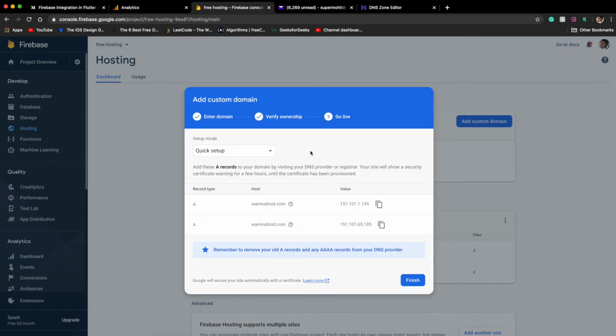So as you can see, after waiting for 2 minutes, it is able to verify the ownership. Now in step 3 it is asking to add a record of type A. So let's add these two IP addresses to our domain.